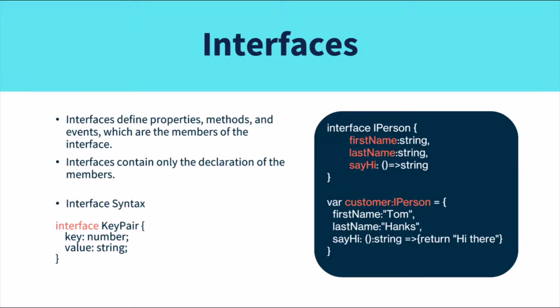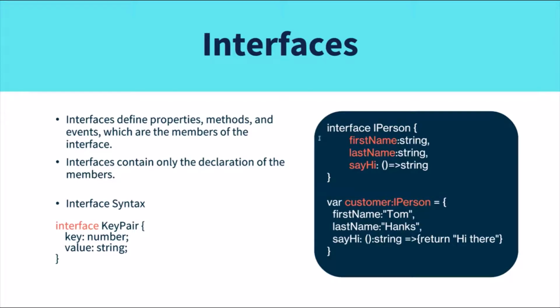We can define interfaces quickly and use them as a data type like number and string. While creating an object of an interface type, we follow the way we defined the interface. So let's have an example